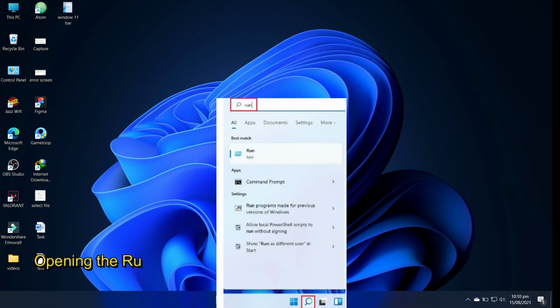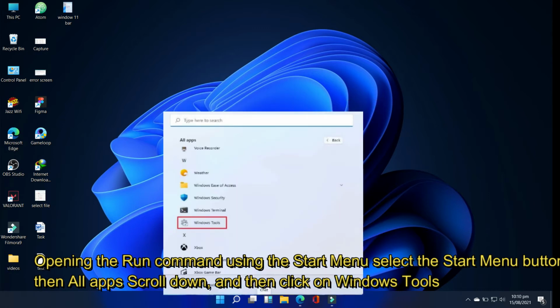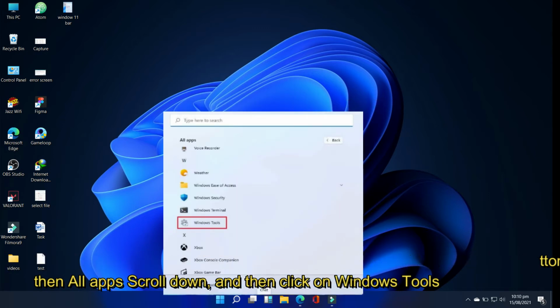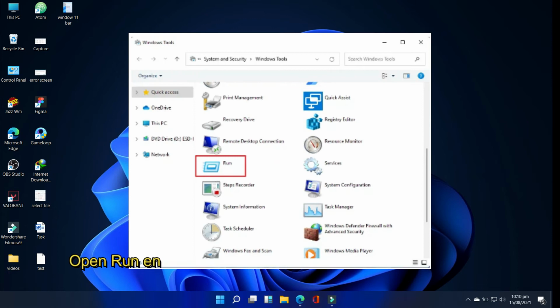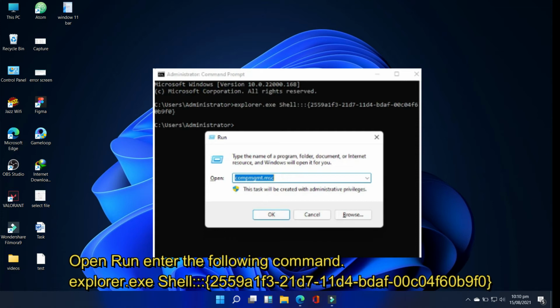Opening the Run command using the Start menu. In Windows 11, select the Start menu button and then All Apps. Scroll down, and then click on Windows Tools. Open Run. Using the Command Prompt to launch the Run window, enter the following command: explorer.exe shell